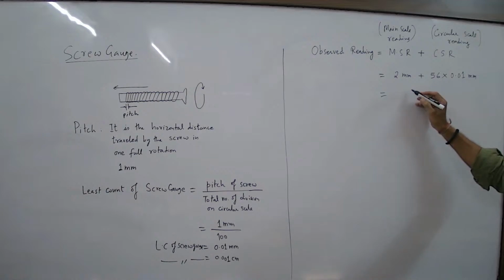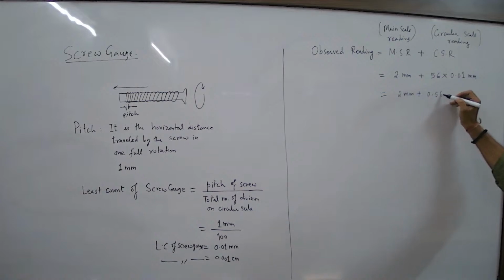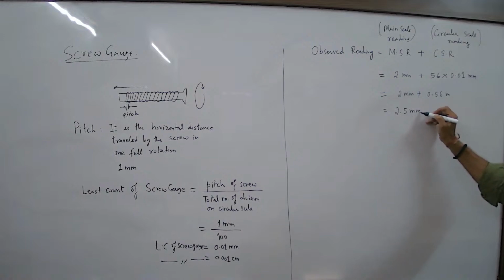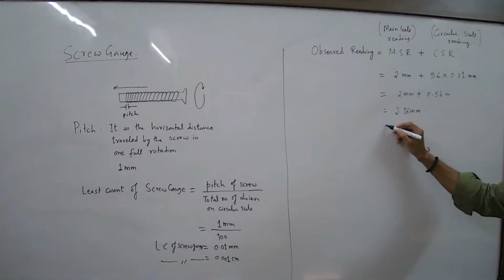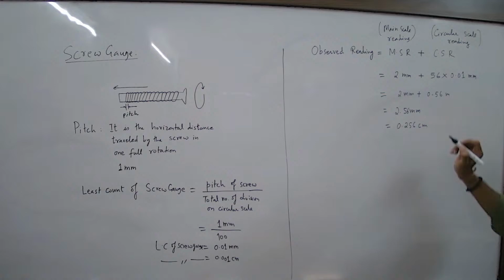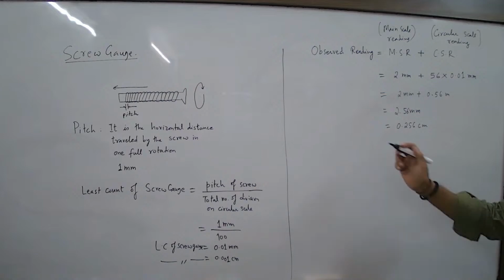So 2 millimeter प्लस 0.56 मिलीमीटर, कितना हो जाएगा ये? 2.56. ठीक है। तो अभी सेंटीमीटर में कितना हो गया? 0.256, ये हो गया तुम्हारा ऑब्जर्व रीडिंग, ठीक है।